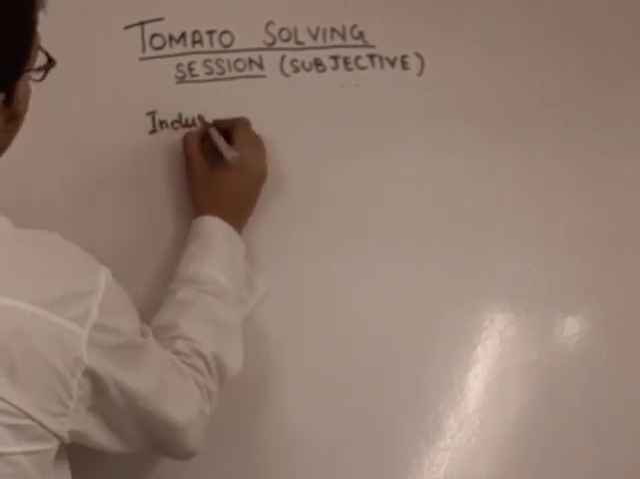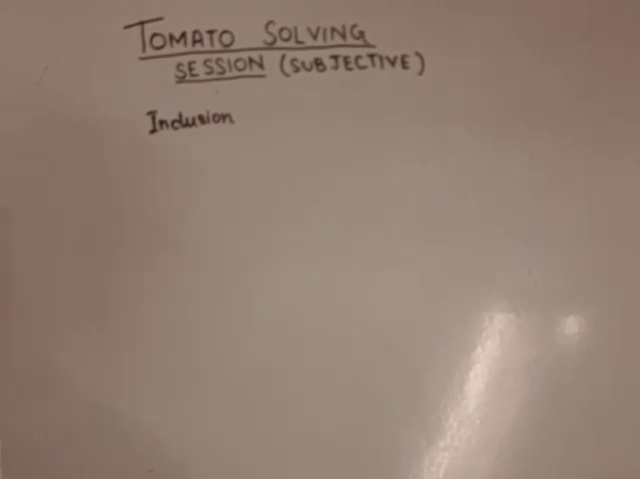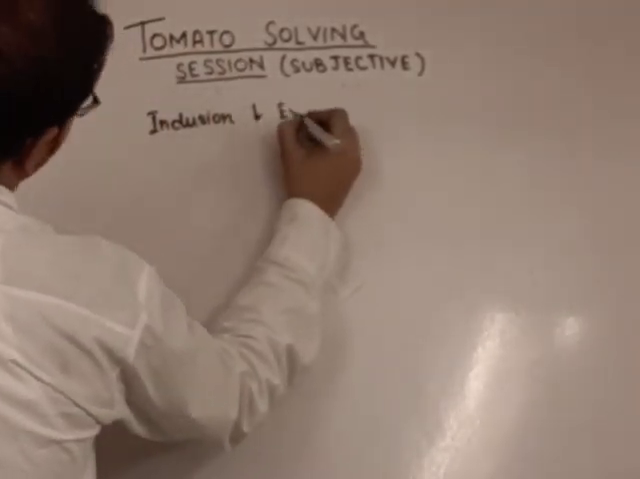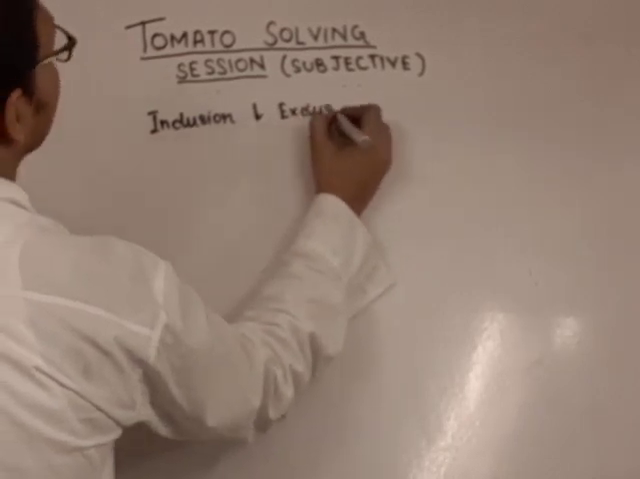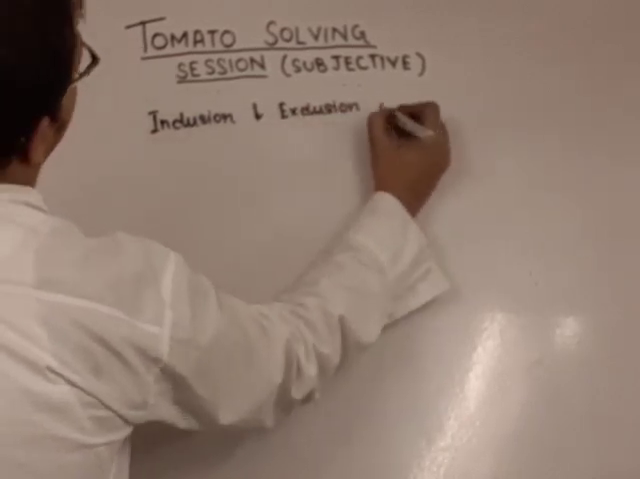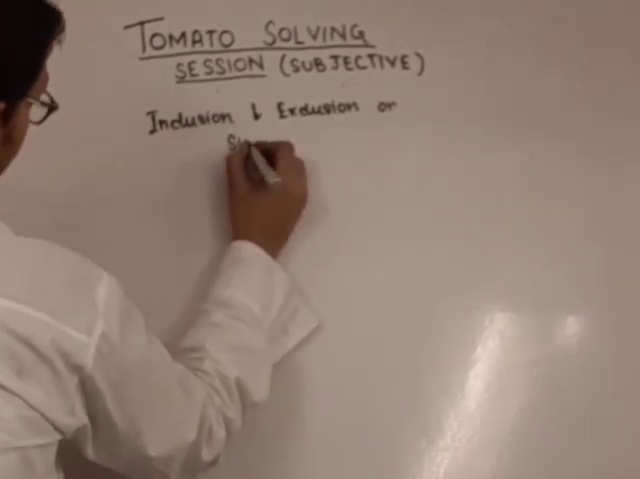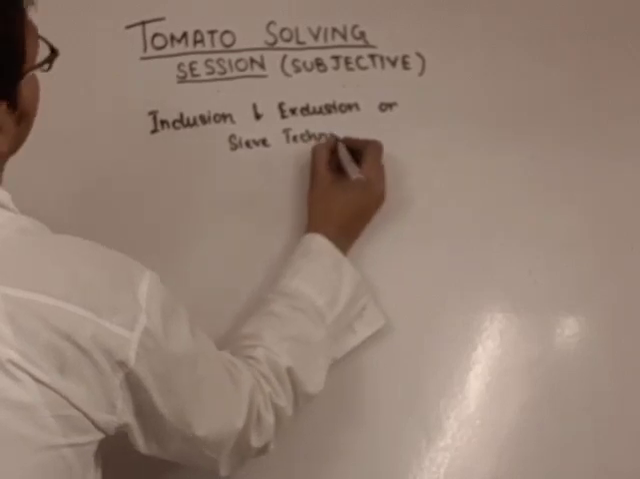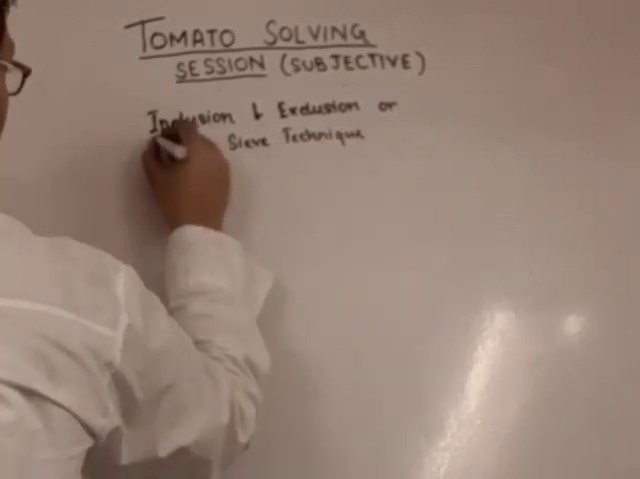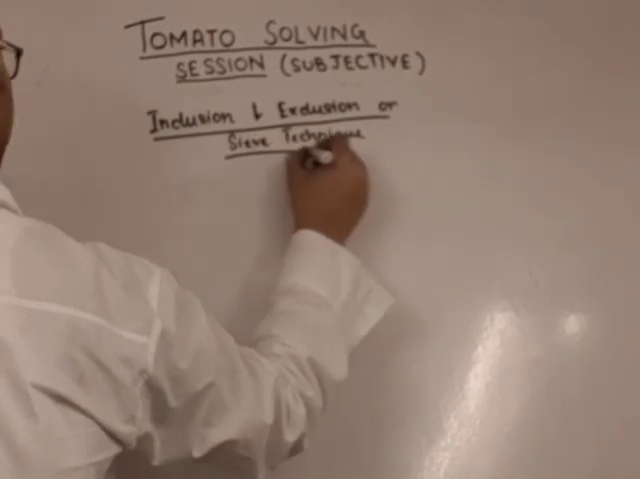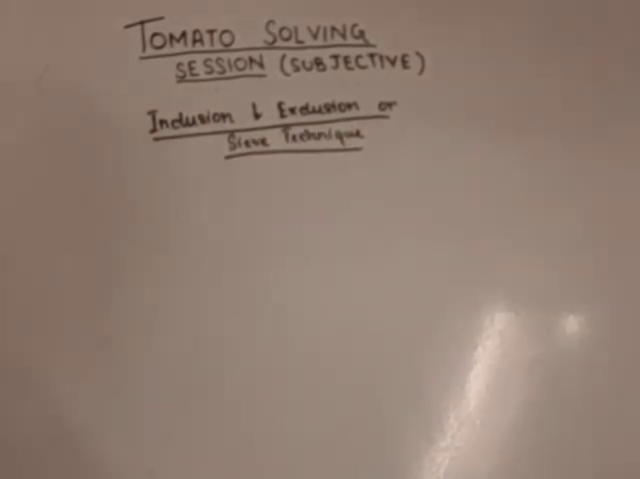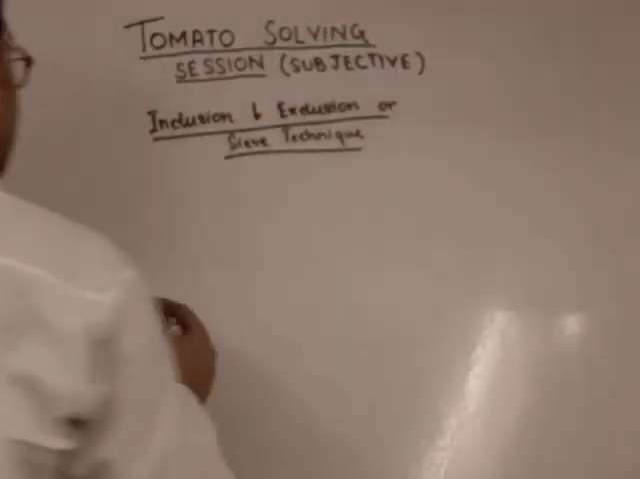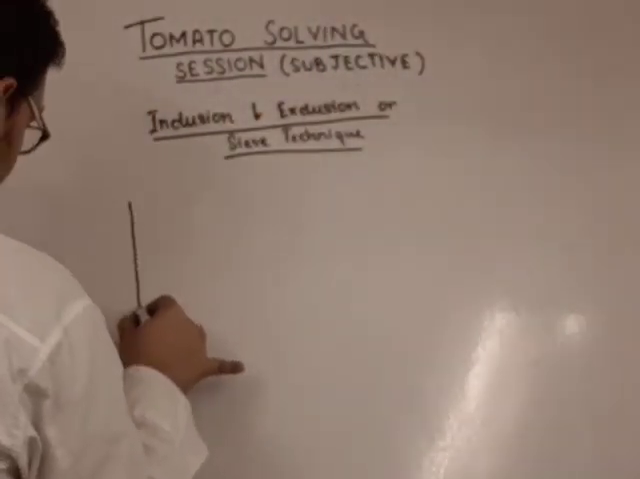Inclusion and exclusion is a very well-known technique which is also known as the sieve technique. So now we will discuss the inclusion and exclusion, or sieve technique. So what does the technique say? It says that suppose